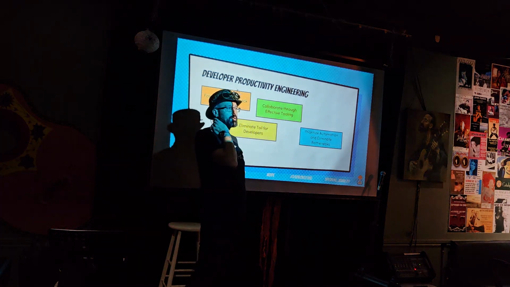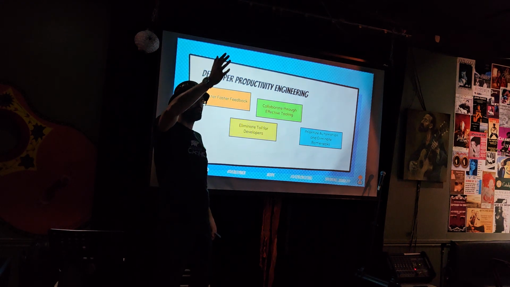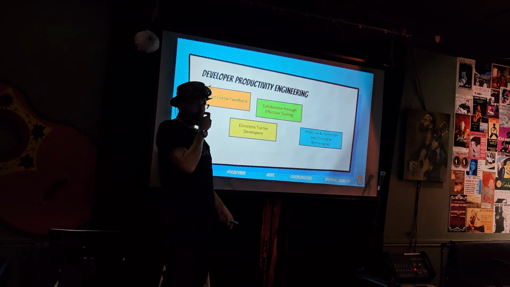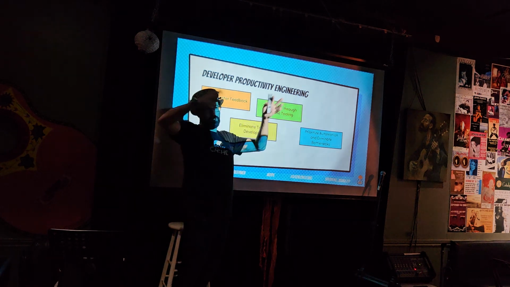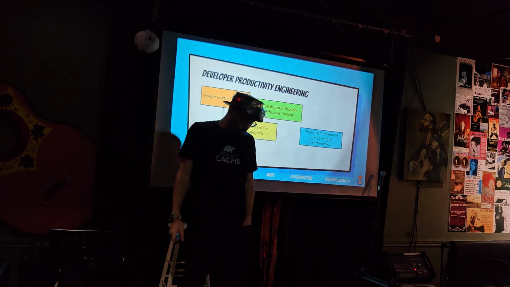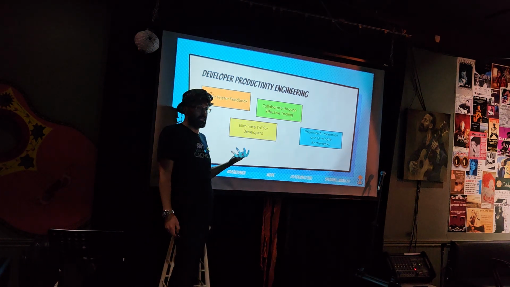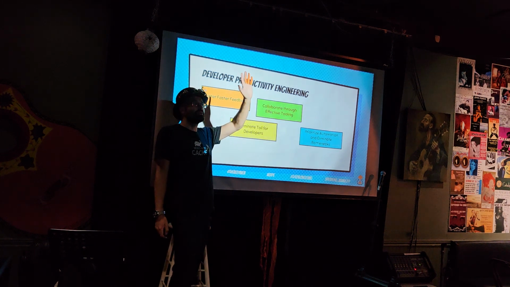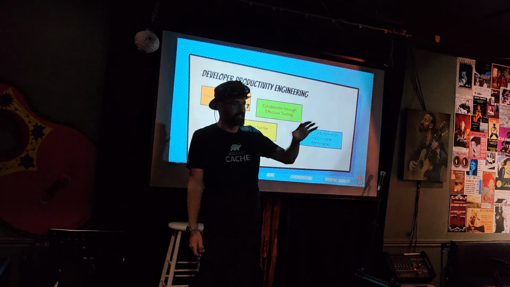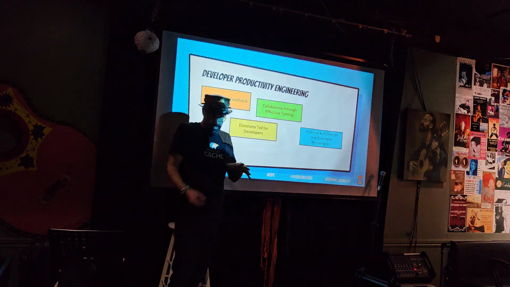Prioritize automation and eliminate bottlenecks. Again, engineers. Who read The Phoenix Project? Not enough of you. You all should. It's a book about DevOps, which all of us should know something about anyway. But it actually talks about a previous concept that DevOps was kind of born out of. It's called the theory of constraints. Anyone heard about the theory of constraints? Again, not enough. There is another book called The Goal, that The Phoenix Project is kind of just a rewrite of, that talks about the theory of constraints as a novel.